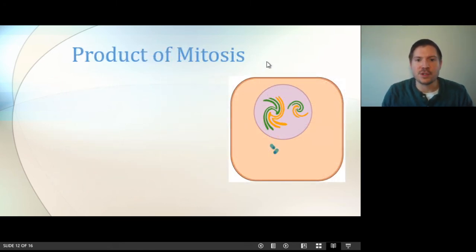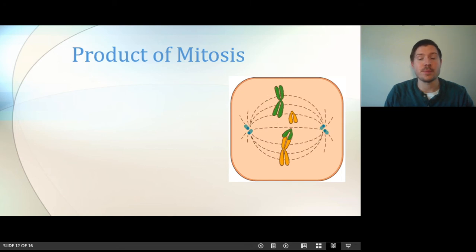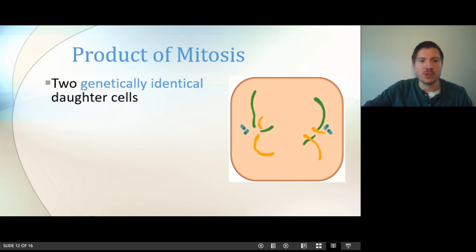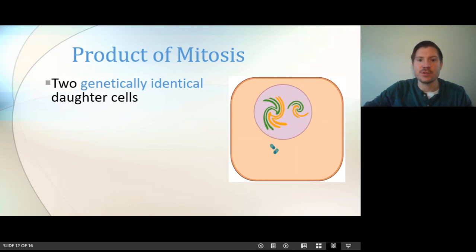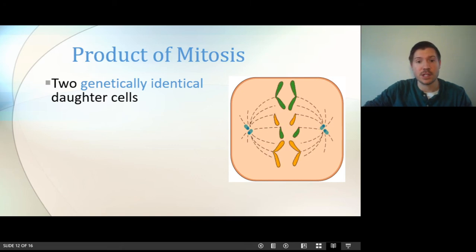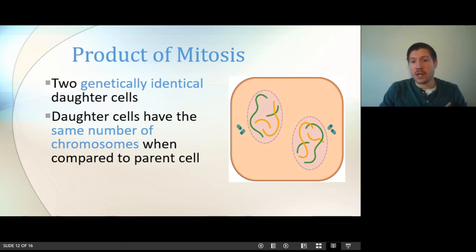Now what really matters here is, what do you get out of mitosis and why do we need to do it? We talked about why mitosis happens: growth, repair, and reproduction. But what do you get out of it? 2 cells come out, whereas 1 went in, and they are genetically identical to each other. Again, barring mutation errors, but genetically identical. They're not significantly different. Generally, the DNA in one cell is identical to the one in the other cell. The daughter cells have the same number of chromosomes when compared to the parent.